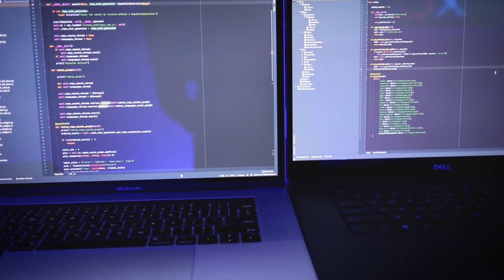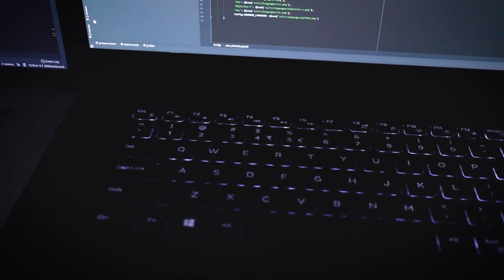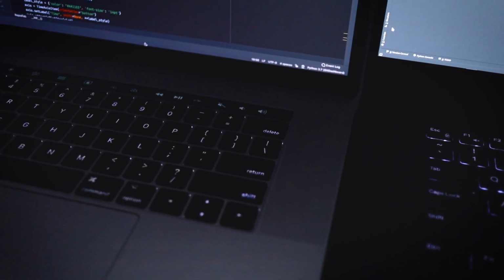If you are not using an external keyboard, probably Windows laptops or PCs have a better option. If you are using Surface products as well, the Surface Book 2 also has a really good keyboard, and most of the Lenovo laptops also have really good inbuilt keyboards. So think about that, because you will be spending a lot of time typing on the keyboard. So yes, MacBook has a very big trackpad. I'm not quite sure that you will be using it a lot, because you are a programmer, right? So probably think about that as well. So get a laptop with a really good keyboard, otherwise you will hate programming.